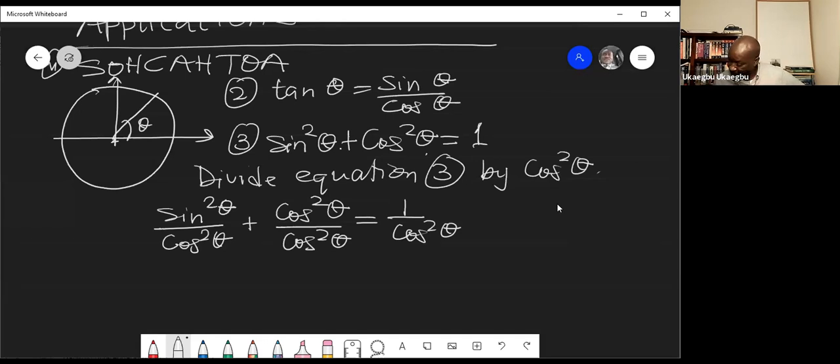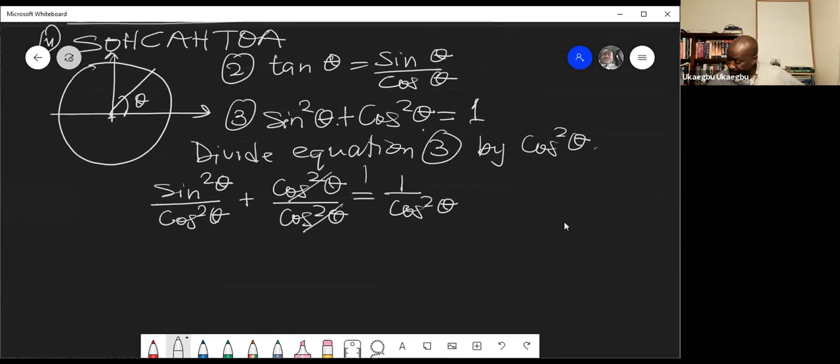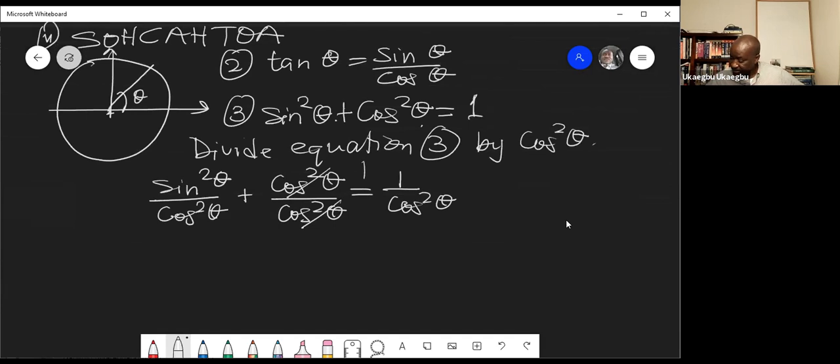Now you can see that cos squared theta divided by cos squared theta gives you 1. And sine squared theta divided by cos squared theta will give you tangent squared theta. So this will give you tangent squared theta plus 1 equal to,